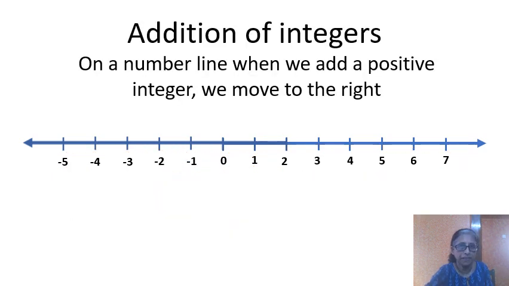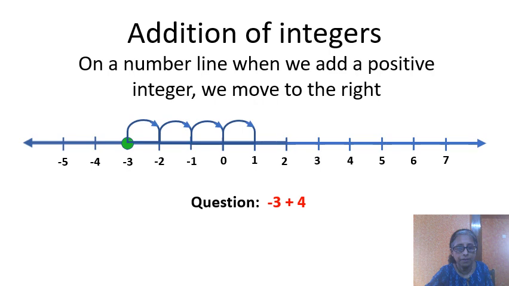Now, we are going to do addition of integers. First, we are going to add a positive integer to a number. Now we'll see how to do it. You have the first equation, minus 3 plus 4. The first number is minus 3. That means you have to start from minus 3. And the next number is plus 4. That means you have to move 4 places to the right. Now you have to make 4 jumps to the right. After the 4 jumps, where are you? You are at 1. You have to stop there. So the answer is 1.